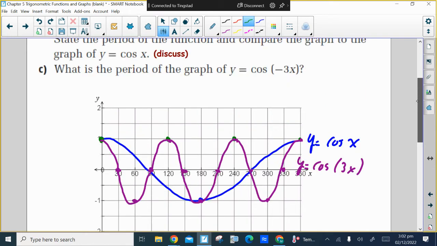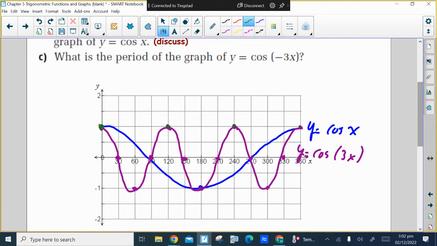And then part C, what is the period for the graph of y equals cos of negative 3x? Well, the negative doesn't affect the period. It reflects the graph over the x-axis. Excuse me, the y-axis. The period is still